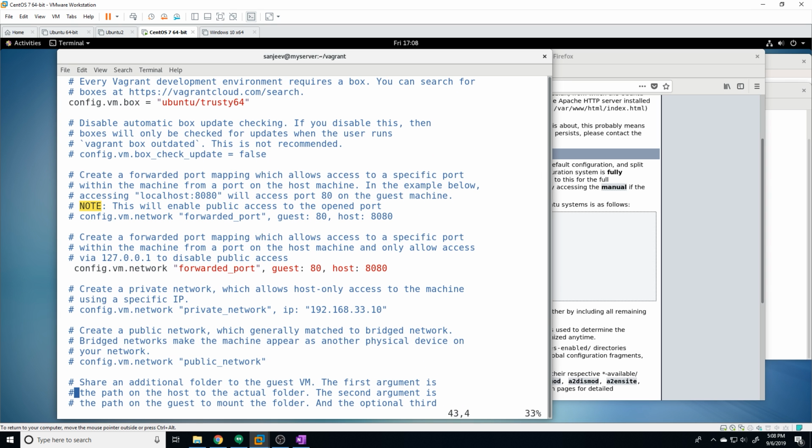we can comment this out again. We don't need to do that. And we can configure a private network. So here's an example of a private network. So you just do config.vm.network, call it private network, and we give it an IP of